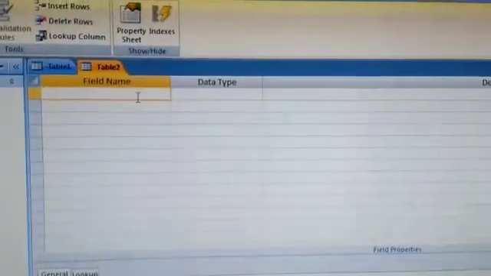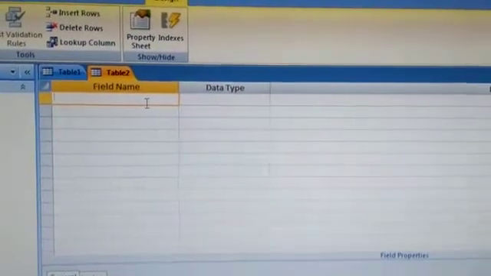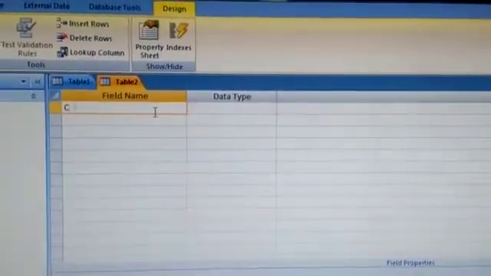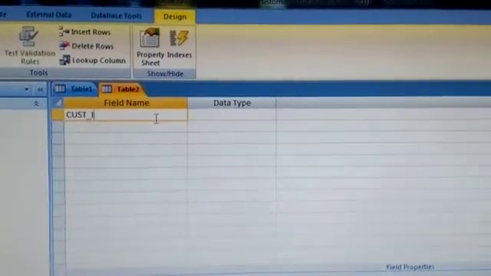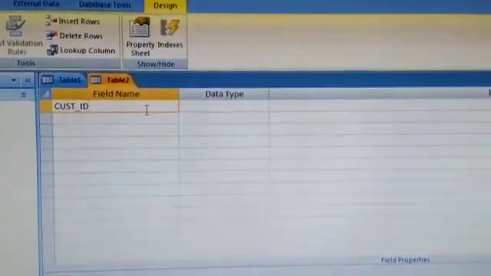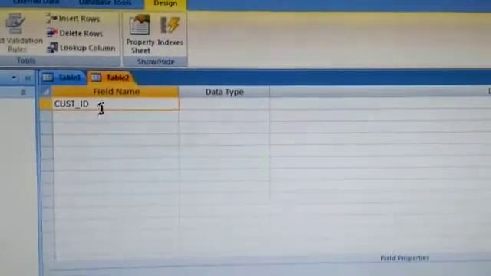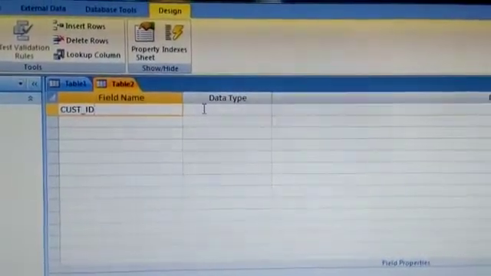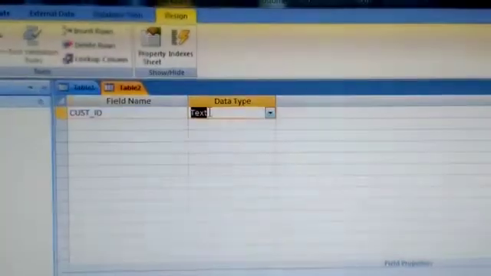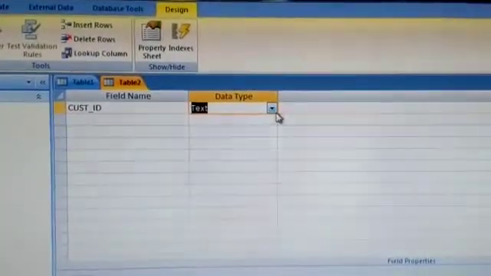The first field will be customer ID. Remember, spaces and dots and special characters are not allowed in the field name. After typing field name, give the data type.